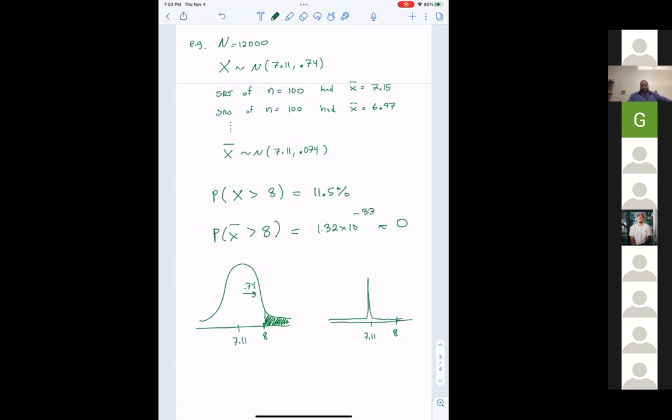Even that's not the scale. But for 100 people, the standard deviation has decreased by a factor of 10, which means it's much skinnier. Actually, it should go much higher too, because it's much skinnier, so it has to go higher to compensate. Wait, why are you doing 10 to the negative 33 again? Well, that's what the calculator gave me. I didn't want to do it, but the calculator gave me 1.32 times 10 to the negative 33 power.